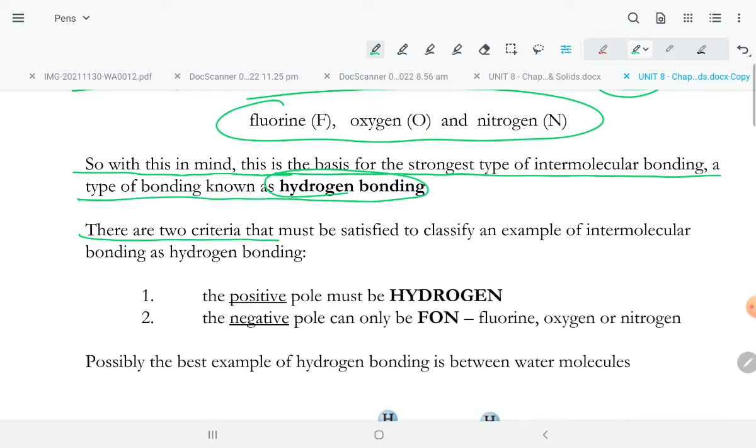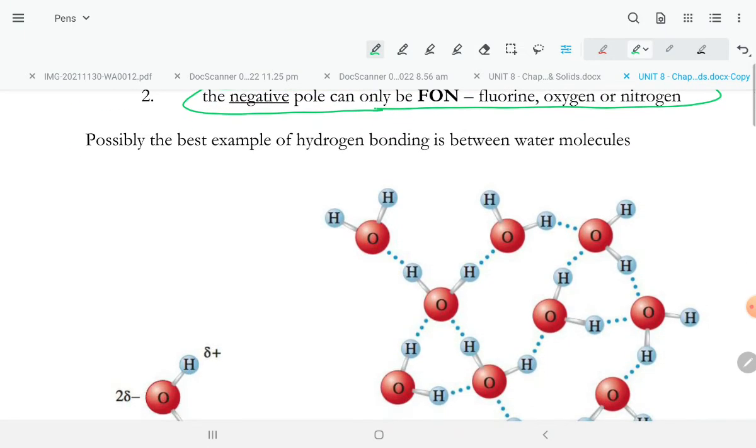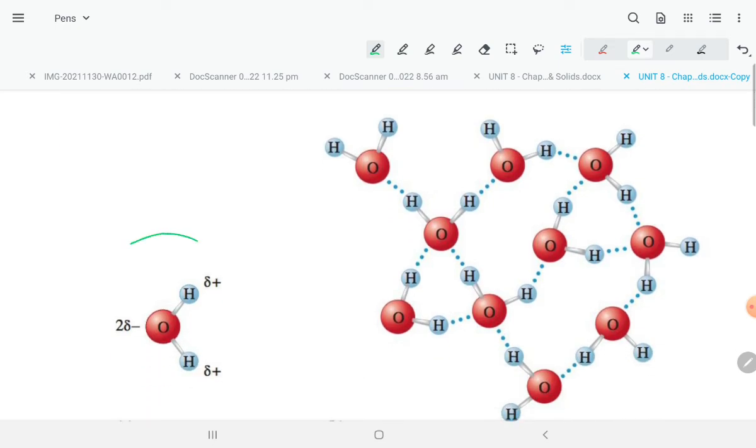There are two criteria that must be satisfied to classify an example of intermolecular bonding as hydrogen bonding. The positive pole must be hydrogen, and the negative pole can only be fluorine, oxygen, or nitrogen. Possibly the best example of hydrogen bonding is between water molecules. So here the oxygen is there, it is negative. So how is this going to